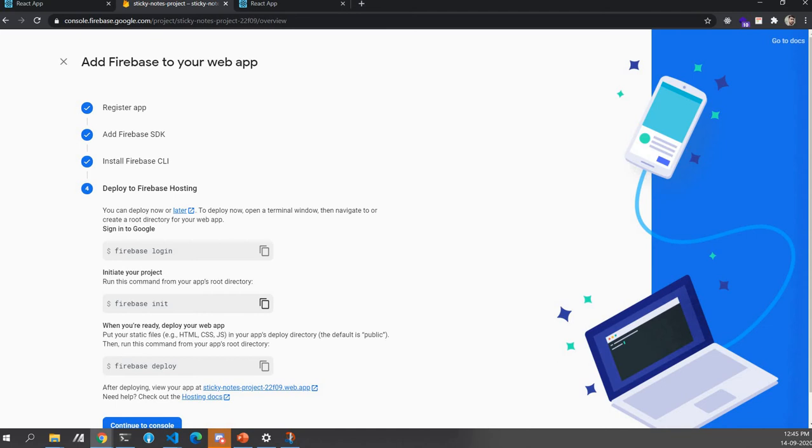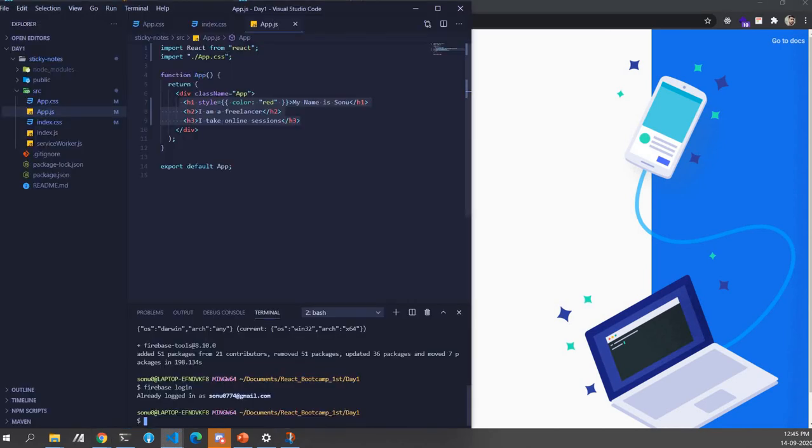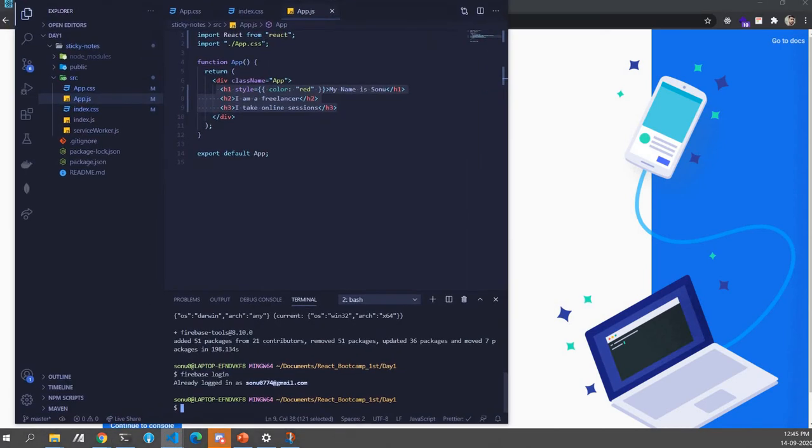So if you guys are lagging behind, just write this step. And if you guys are up to date, just see each and every step that I'm doing and do it carefully, because if you're not doing it carefully, it's going to cause some problem. Okay. So if you guys are lagging behind, just write those commands that I am doing right now. Okay, so this firebase init is really important for us. Okay, so let's start, guys. Let's start with this.